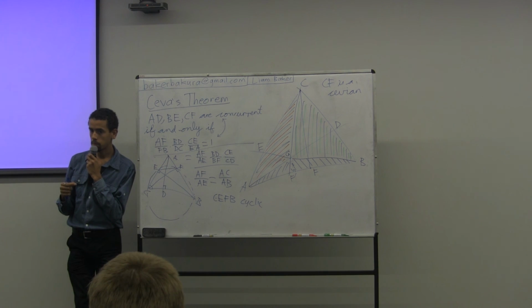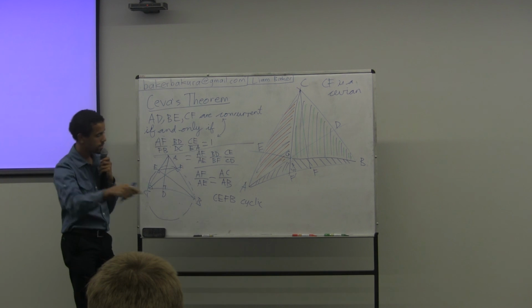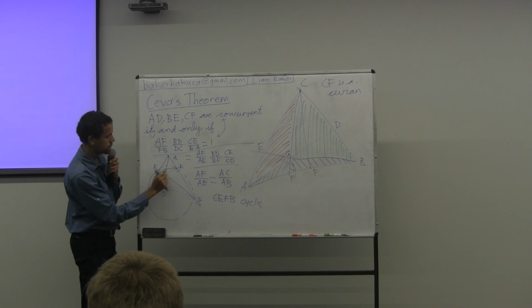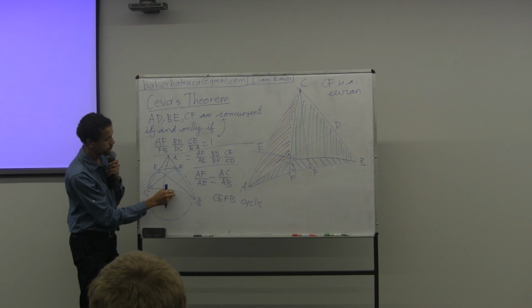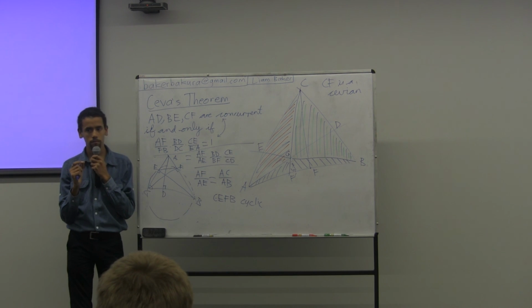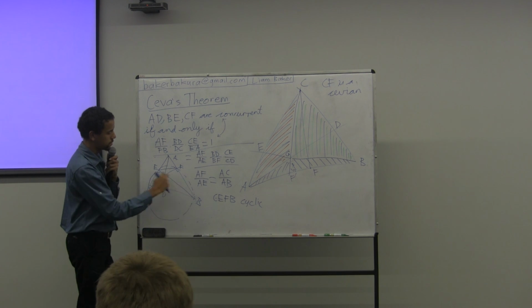Isn't CB the diameter? Yes, CB is the diameter because you've got those right angles there, which means the center will be the midpoint of CB. Cool. So the center of the circle is the midpoint